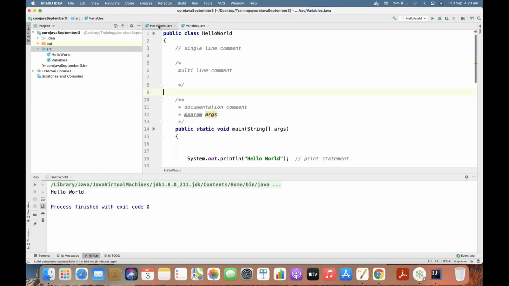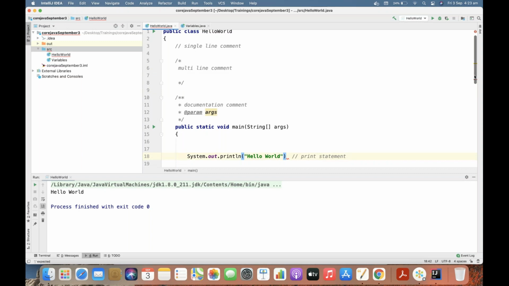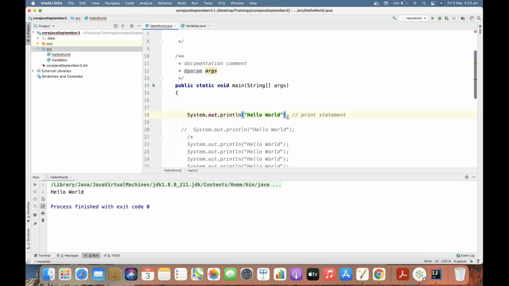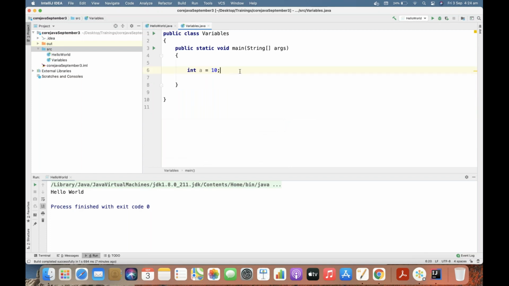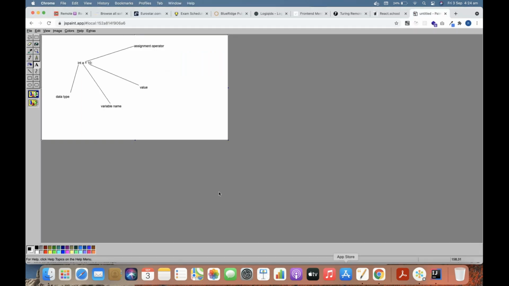So what will happen if I don't use a semicolon? I'll see some error here, right? This is a syntax error. Whatever error the compiler tells you before you run your code is a compile time error. Why did you get the compile time error? Because some syntax is wrong. So every statement should end with a semicolon. The variable declaration should also end with a semicolon. So here int is a data type, a is a variable name, equal to is the assignment operator, 10 is the value I'm storing, and this is a semicolon. Every statement should end with a semicolon.